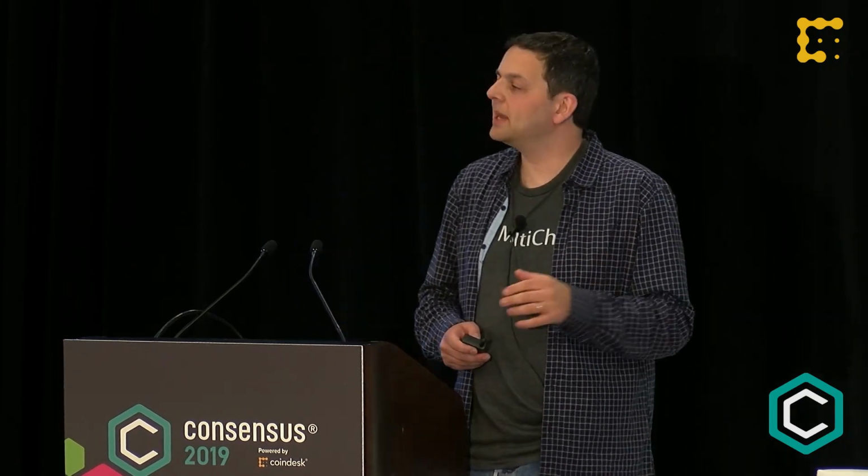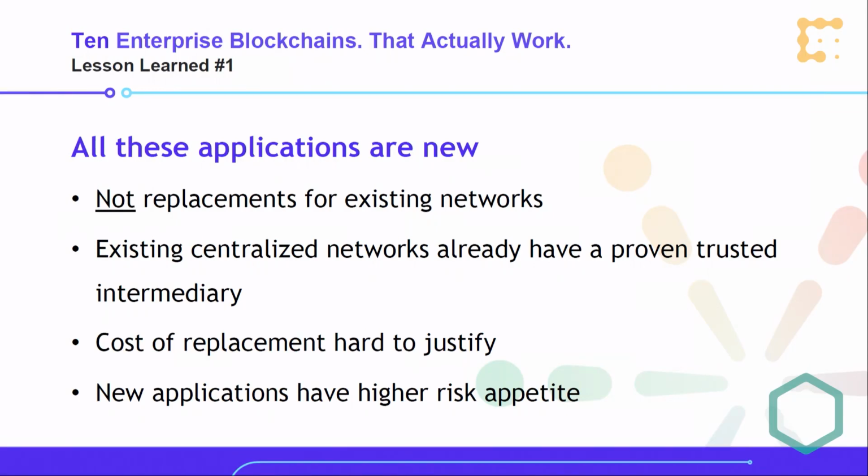And I want to talk now with the remaining time about some of the lessons I think we can learn from looking at what's in production. Because as many of you may know, there's been, and I can talk about our own platform, hundreds if not thousands of PoCs built on our platform to try out all sorts of weird and wonderful and sometimes very good ideas about what you can do on a permissioned blockchain or an enterprise blockchain. So what can we learn by looking at those projects that have actually made it to production? So, number one, every single one of these projects is new.